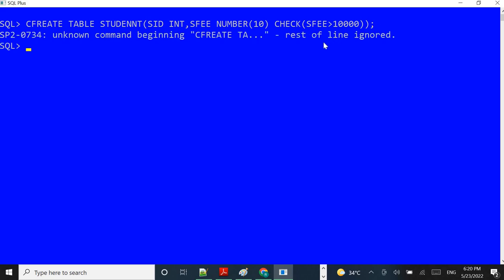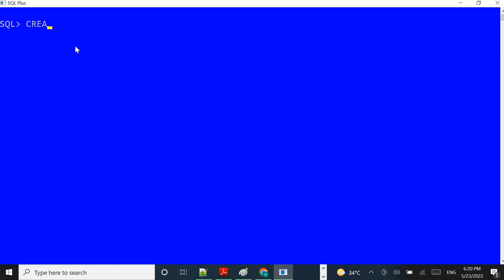So the rest of the line is ignored. Here I am getting an error. I made a mistake in the spelling of create, that's why I am getting the error here. So I want to clear the screen. So create table